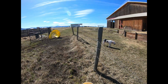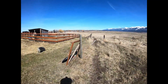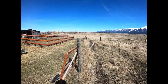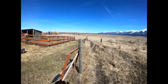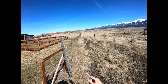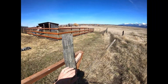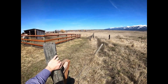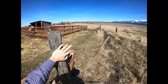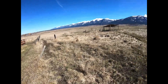Guys, so this is some of the fence we're actually going to be removing. I'm going to start on wire today, and then eventually all these posts are coming out. A lot of them are broken, but the good ones we're going to save because we have way more fencing to do. So we're replacing what we need to, and we're going to reuse what we can. But our goal is